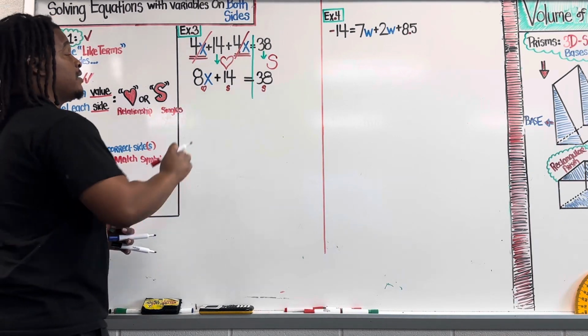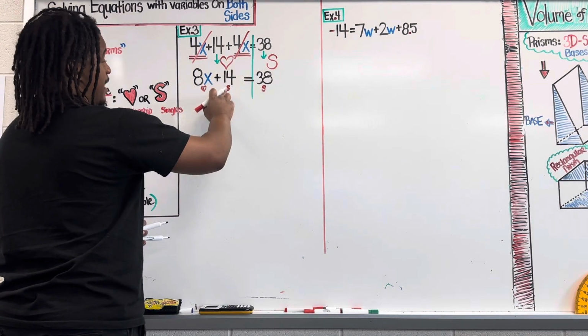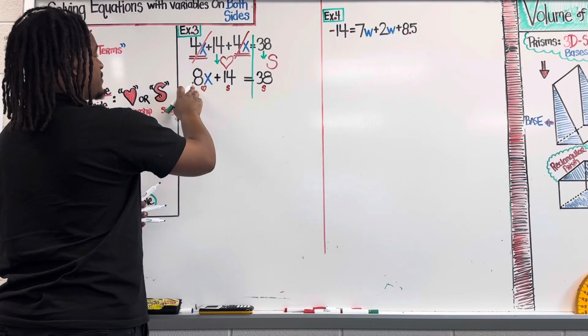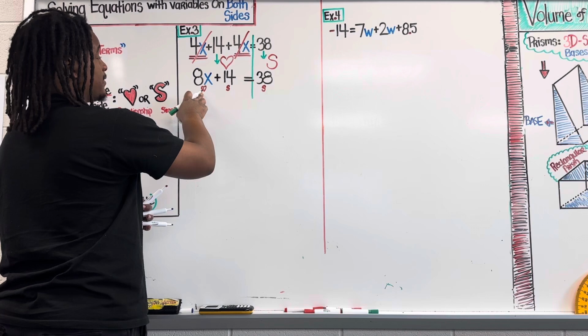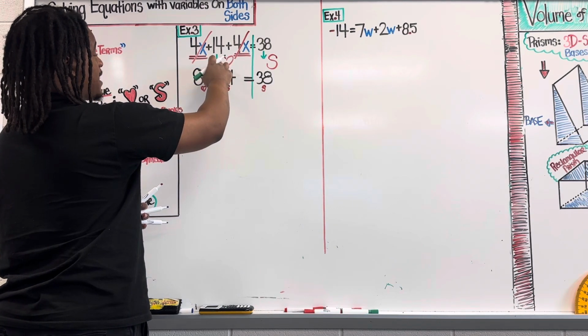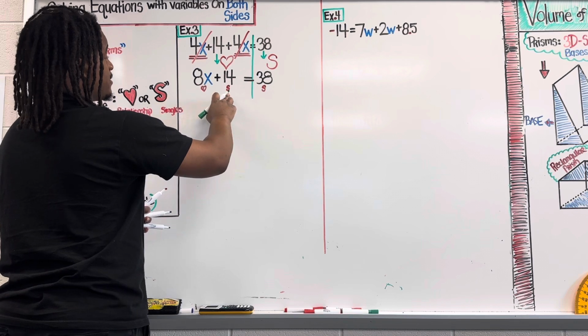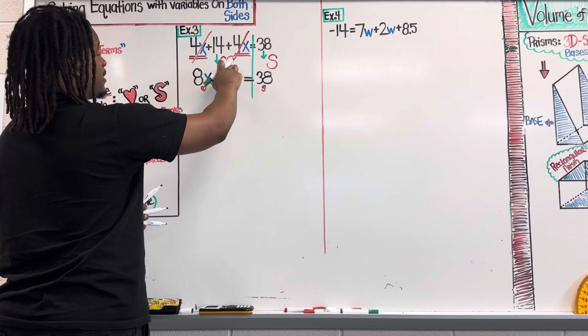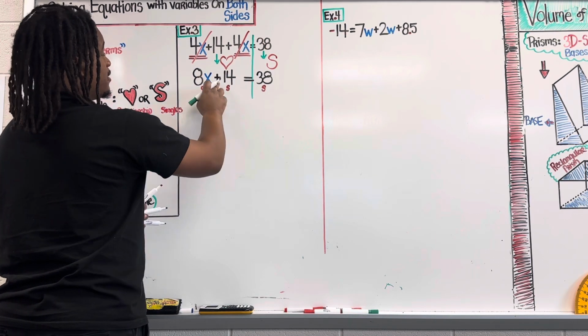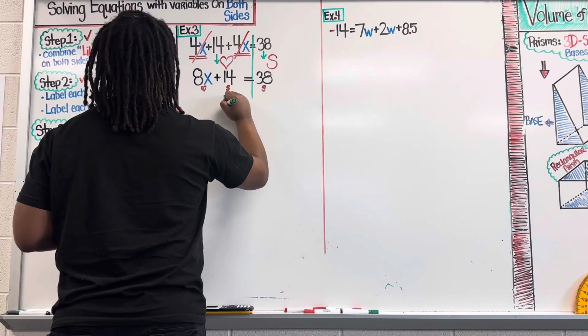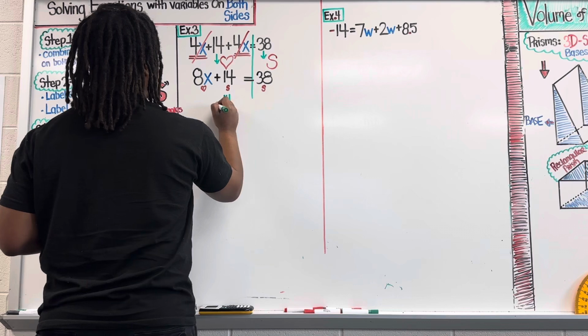And we know that if the symbols do not match, the value needs to move, okay? So let's just go part for part. 8 and x are both in a relationship, and they are both on the relationship side, so they stay. 14 is not in the relationship with x, so it's single, and it does not belong on the relationship side. So the opposite of saying plus 14 is minus 14. So I'm going to subtract 14